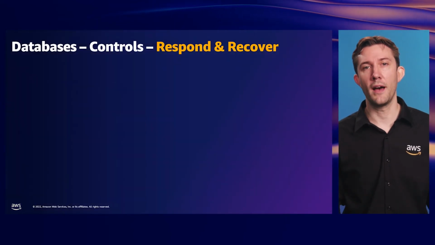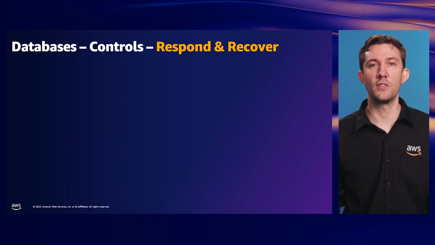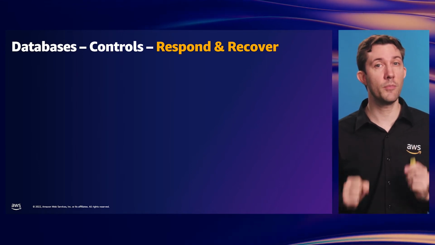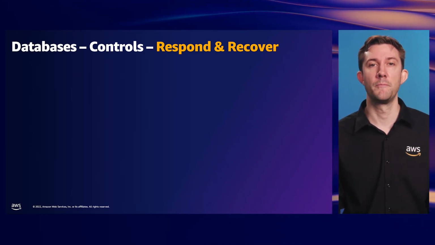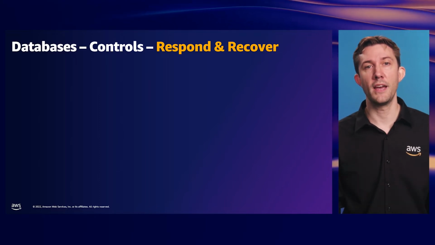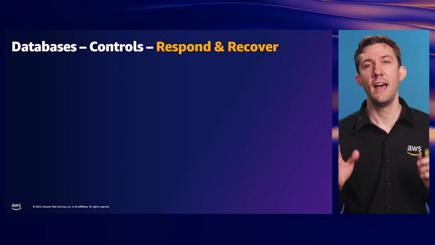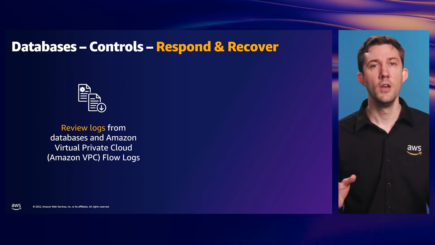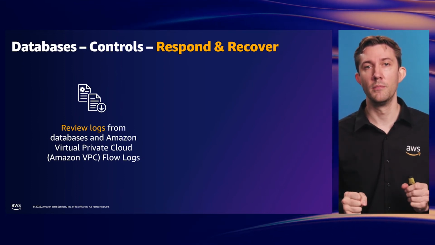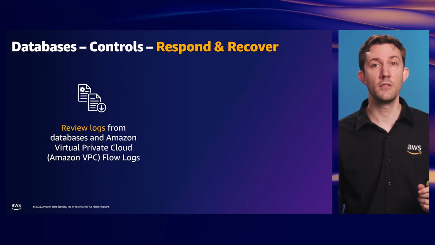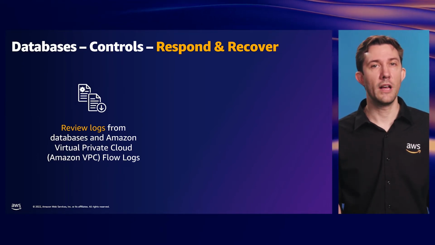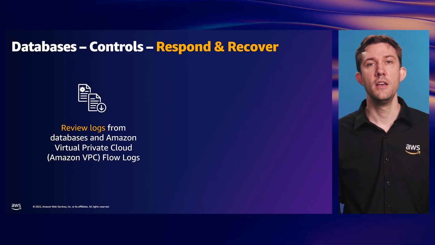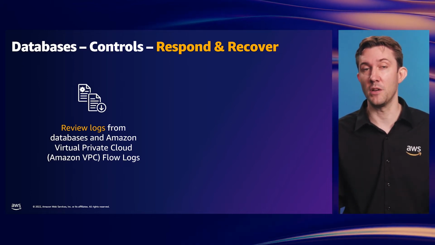Unfortunately, there will always be unexpected events where an attacker is able to do something you don't want them to. So being prepared and having a response plan, as well as appropriate logs available, is a critical step. The following are 2 recommendations for controls that will help you respond to and recover from a ransom event like this. Firstly, you should ensure that you have appropriate logs available. For incidents like this, that is database logs and VPC flow logs. These will help answer questions like how the attacker got access, how much data was transferred out, and also whether there were any other connections attempted by the attacker.